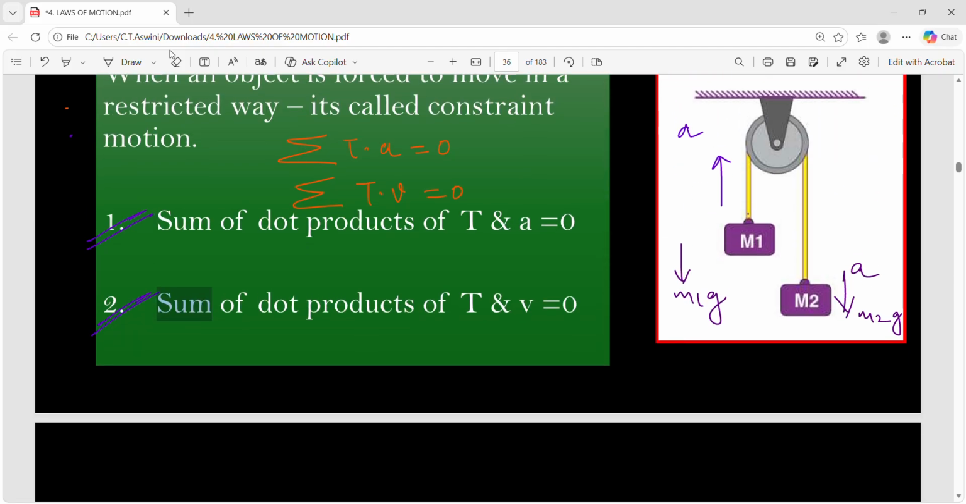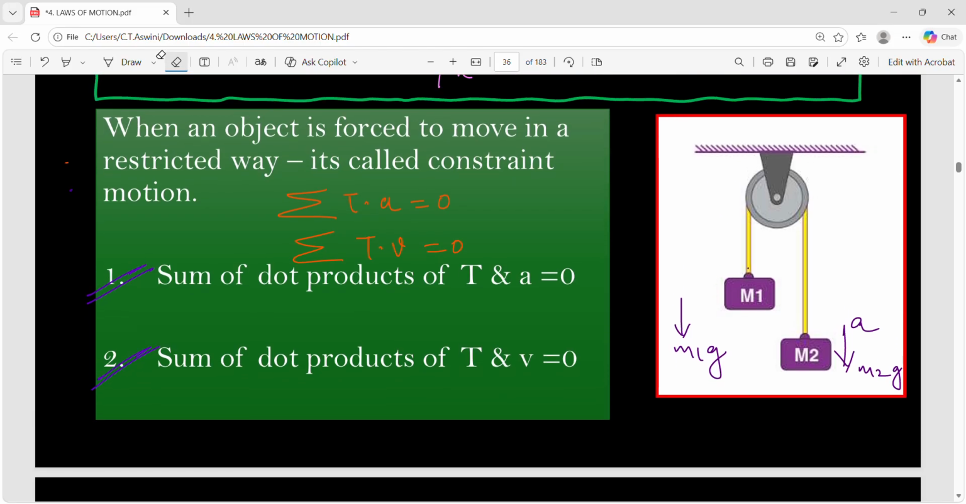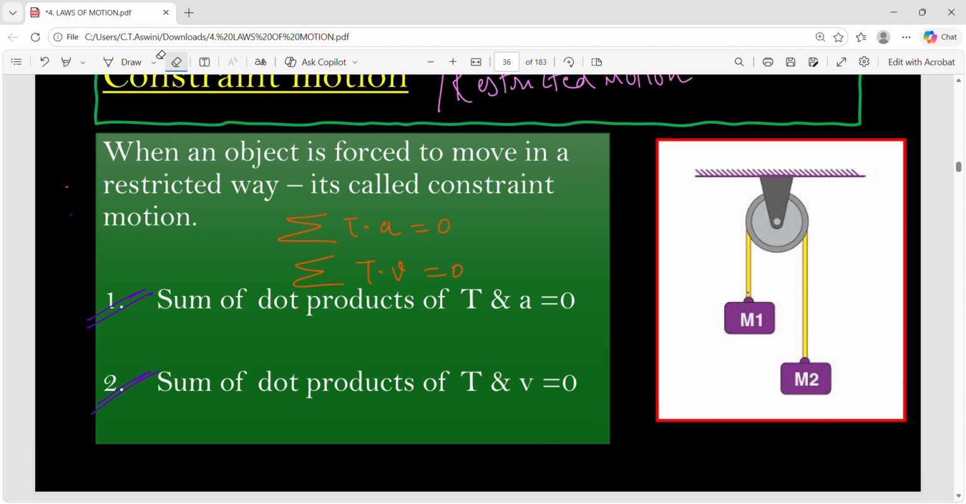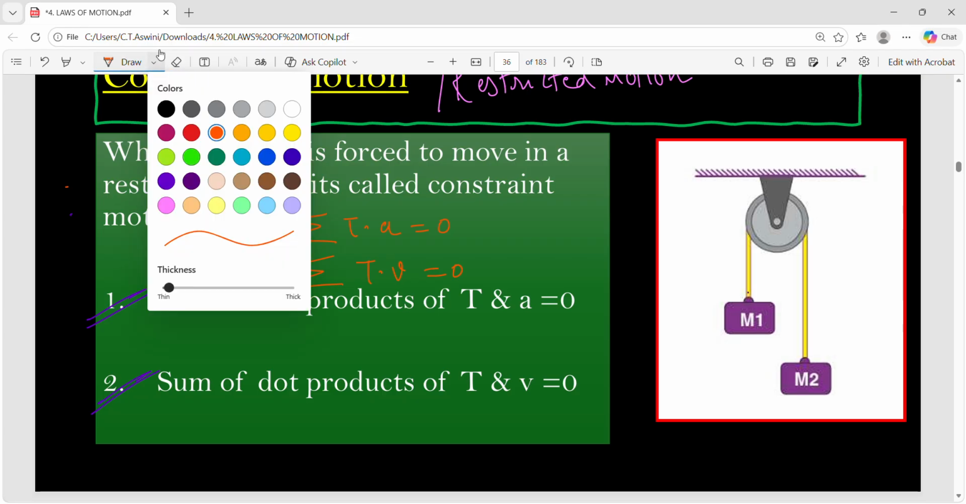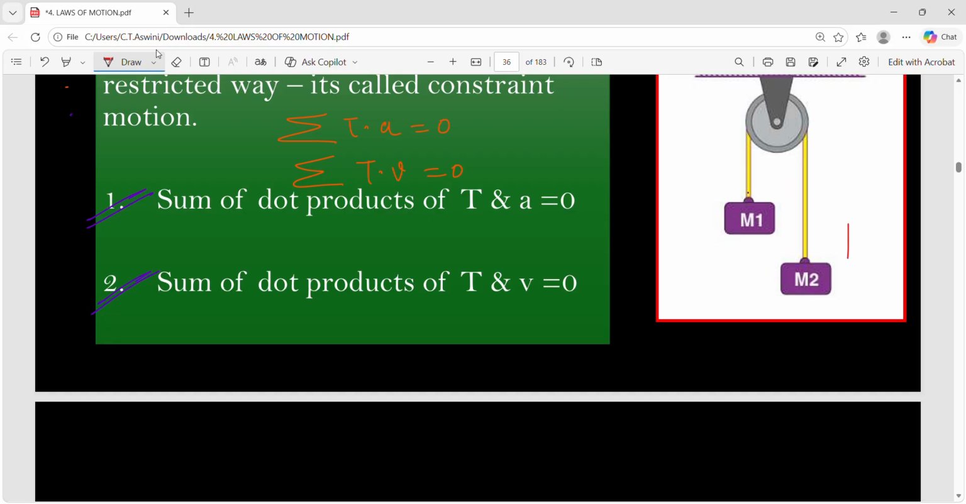Clear? We'll take the same single fixed pulley. Earlier, how did we calculate the acceleration? We calculated it by F net is equal to M net a. And what did I tell you there? I have told you that if M2 moves down with acceleration a meter per second square, the same acceleration M1